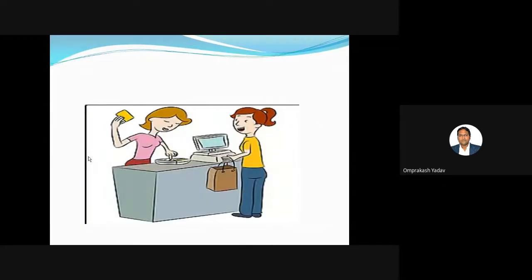Then the third reason which we can find out is maybe the cost of the products there is very high if we compare with other shops or malls. If that is there, then definitely nobody will buy, because the costs are very high. So we have to keep reasonable prices by checking what the current prices are everywhere, and in accordance with that, we have to keep the prices. We cannot keep any arbitrary price.